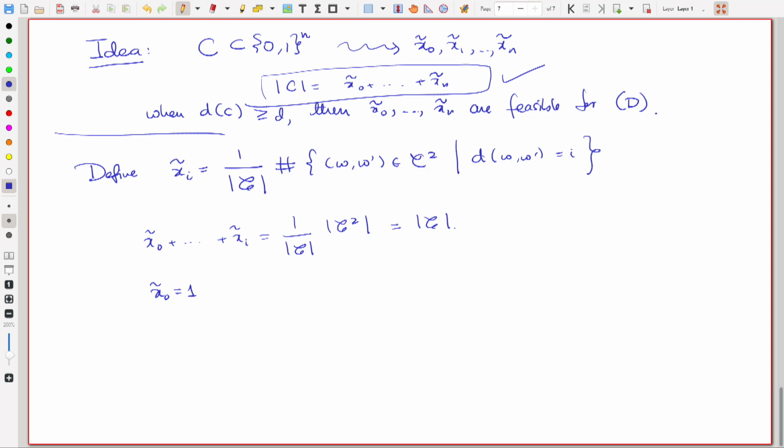Because you will just take w comma w, the only way the distance between something and something else is 0 is that they have to be the same. The Hamming distance is 0 if and only if both the words are the same, right, no bits have changed. So, then we are looking at w comma w,